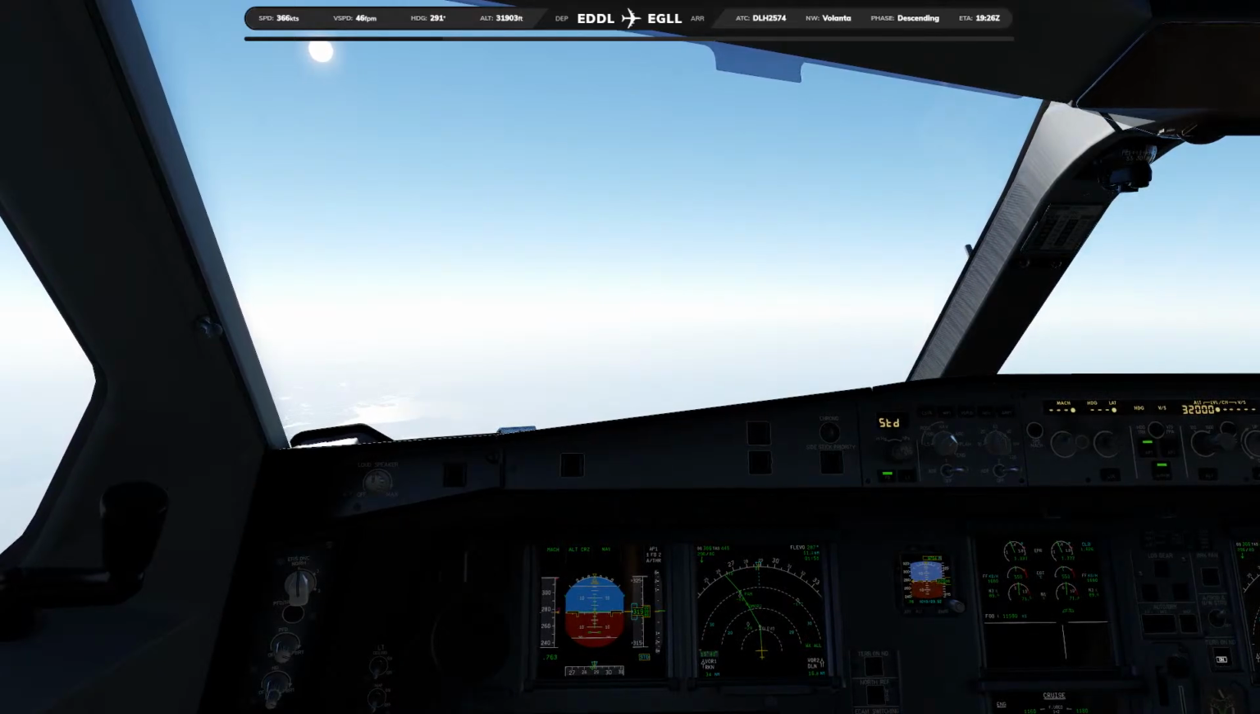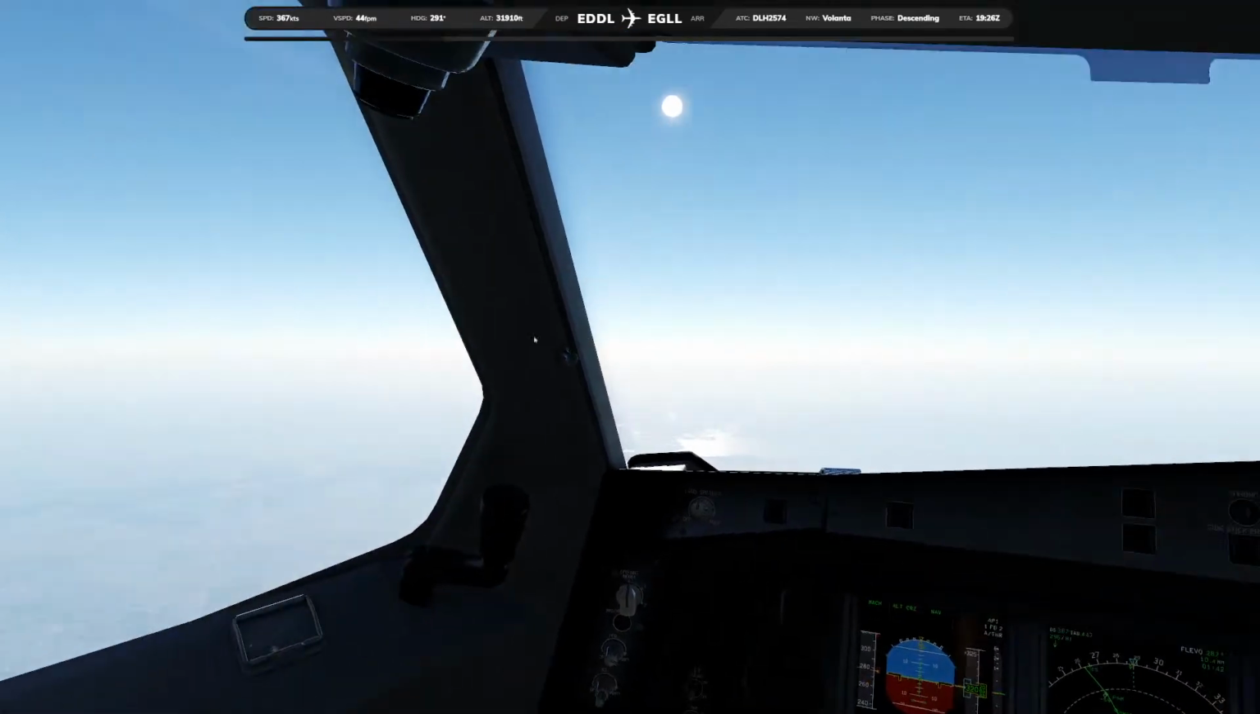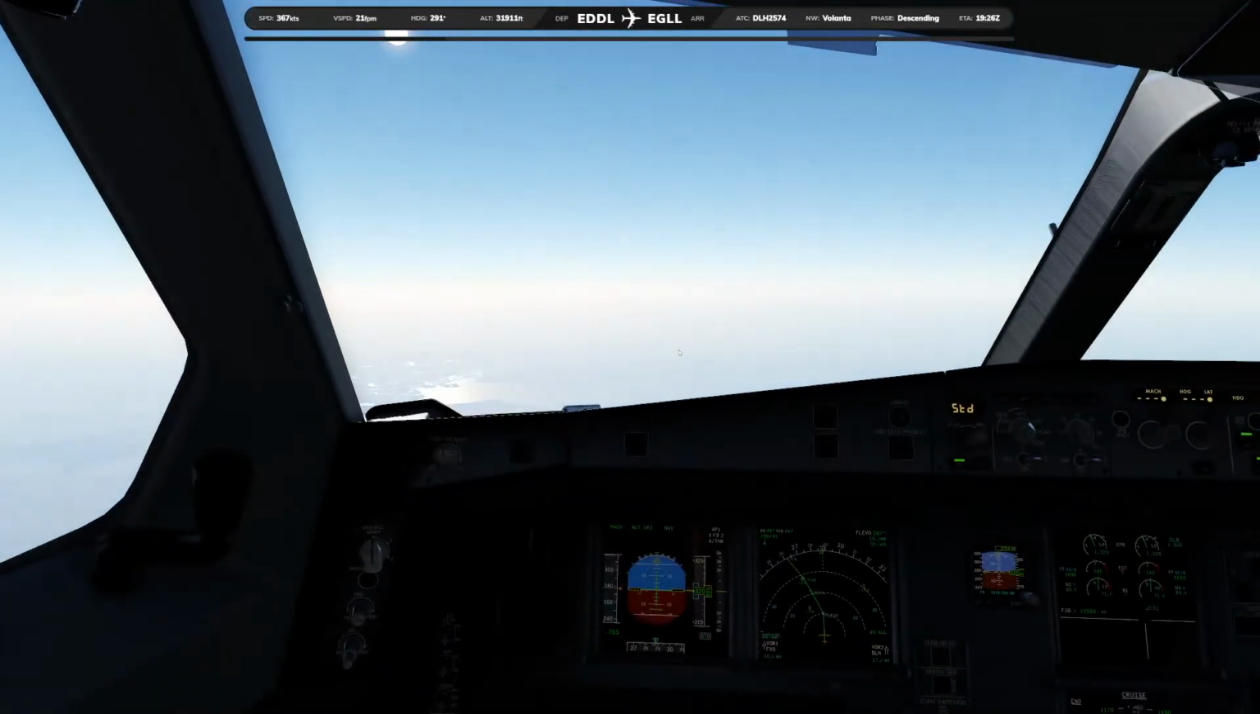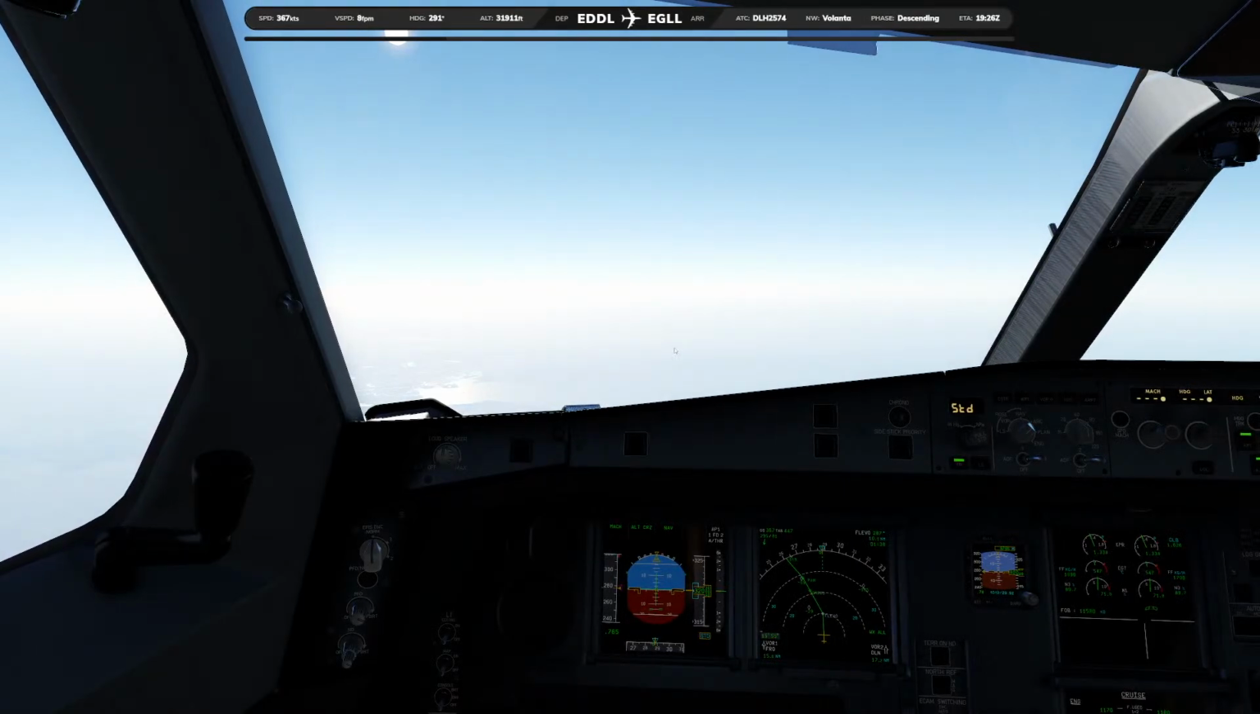Short final, welcome aboard. Does Active Sky have smooth weather transitions, or is it very sudden? It's actually pretty smooth. I haven't found that it's sudden. And as we fly now with Active Sky, I find it to be a little bit more